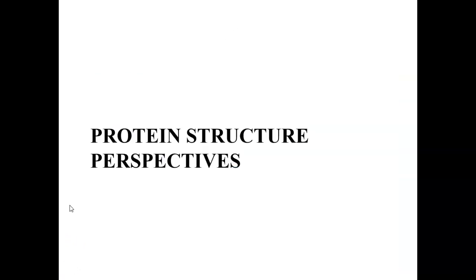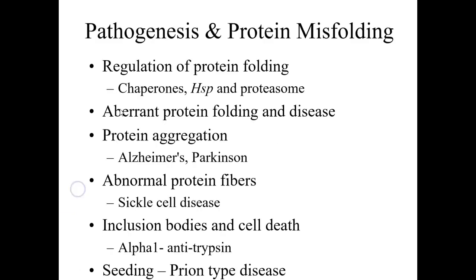In terms of protein structure perspectives, I'm going to go over again just a little bit of that, and you can do the rest on your own. But basically, protein misfolding can be caused by a lot of things, and a lot of them we talked about already, which would be a mutation that would result in a different amino acid, which would cause the protein to fold differently, or it could be a triplet extension, an insertion, deletion, you name it. But aberrant protein folding is very common. And Alzheimer's is one example, as well as Parkinson's, that you've heard of,